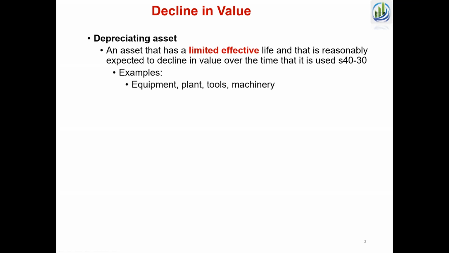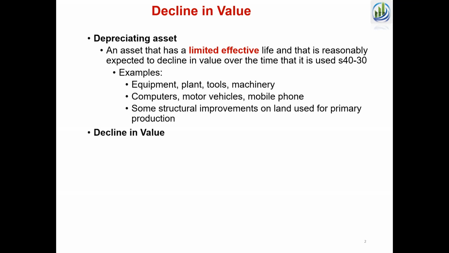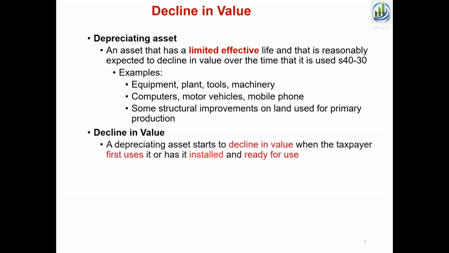So what is that? We are going to depreciate equipment and plants and tools, machineries and everything. Depreciating assets start to decline in value when the taxpayer first uses it, or it's installed and ready for use. There are two conditions. You purchase and use it, or it's already with you, ready to use, you can deduct, right? Very important word, ready to use, right? So even if you are not using it, if it has come to your place and is ready for use, we can deduct